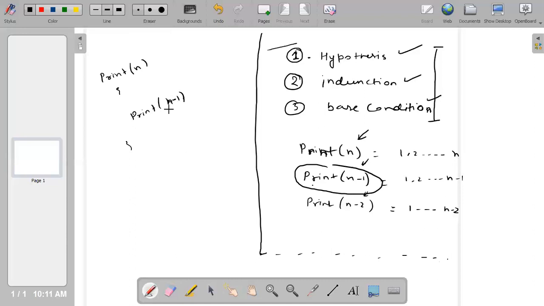You're asking the same function to print n minus 1. So now it's the responsibility of this function to print 1 to n minus 1. This is the hypothesis we have just defined.